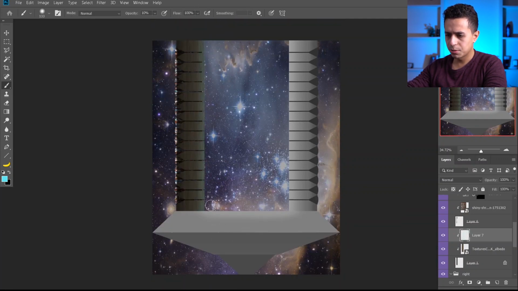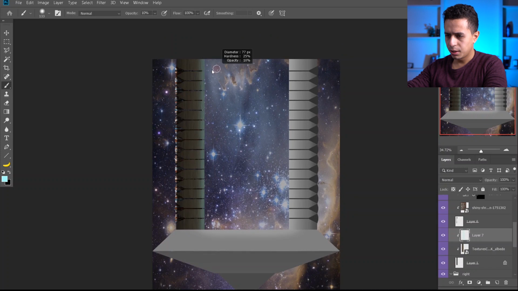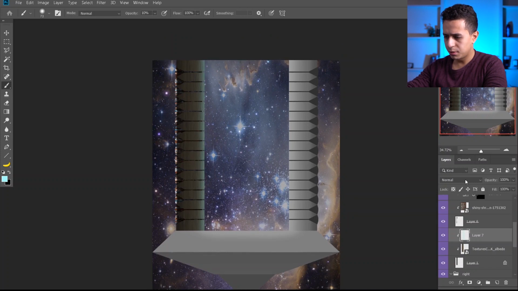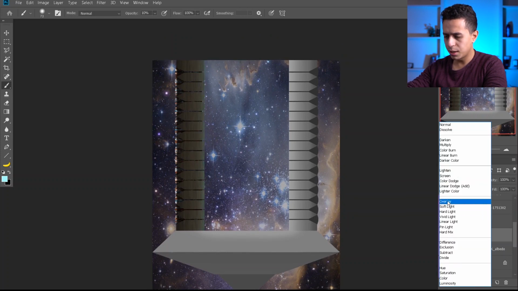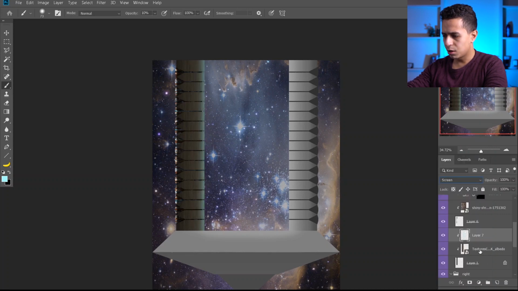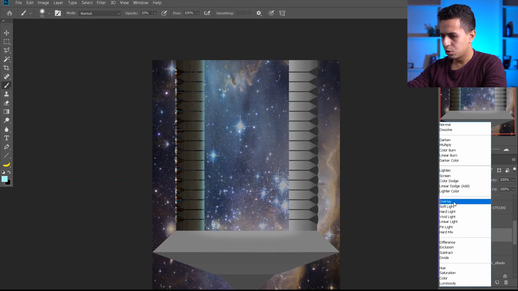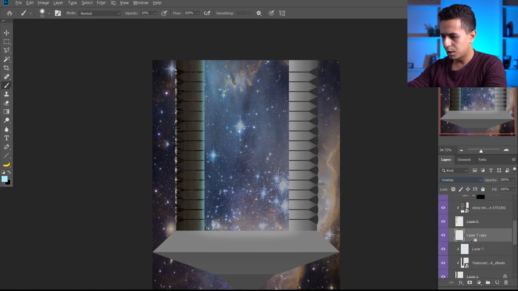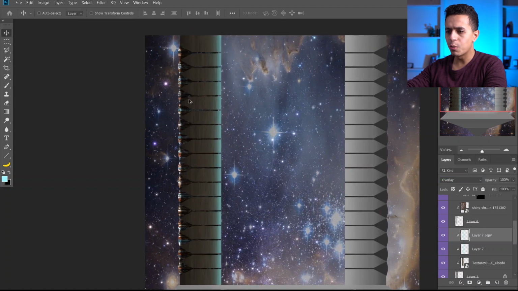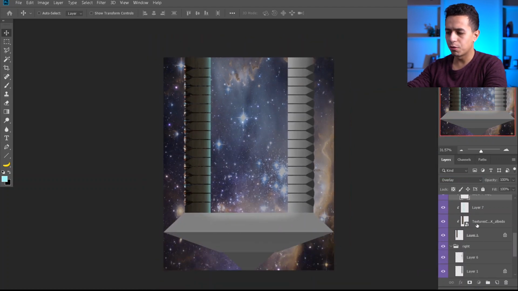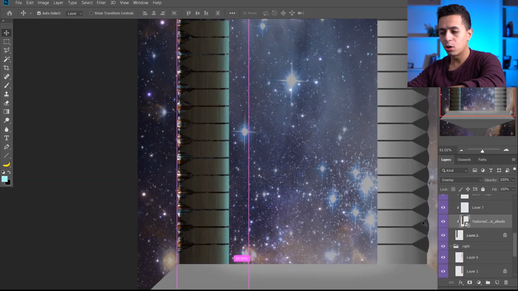That's too much. I need even brighter on the edge here, and even brighter. And let's try the overlay or the screen. Let's try doing both screen and then another one which is overlay, and make sure it's linked, of course. So now we have two. Now I don't like the color of the wood, so I'm gonna